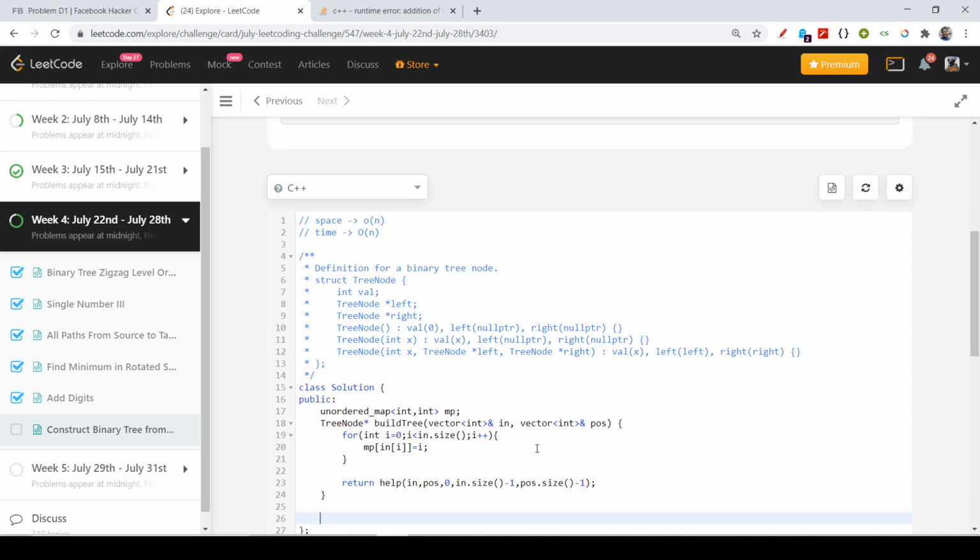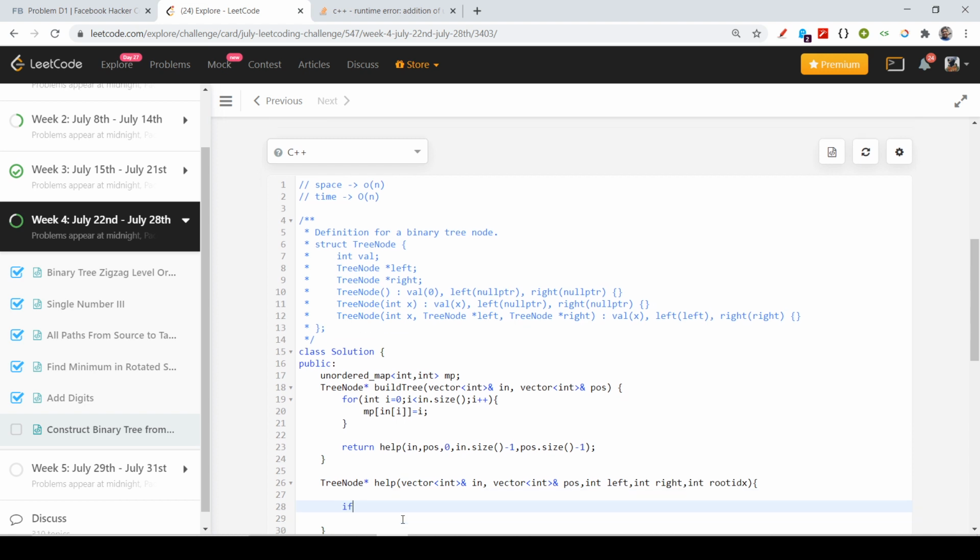So it is same which I showed you in the explanation. So let us quickly write the code. It will return the root index, as I said, because I'm returning the root index. And in the helper function, first of all, I will pass these two vectors. Let me copy these two, because we will pass these by reference. Then we need to pass a left index, a right index, and we also need to pass the root index, right?